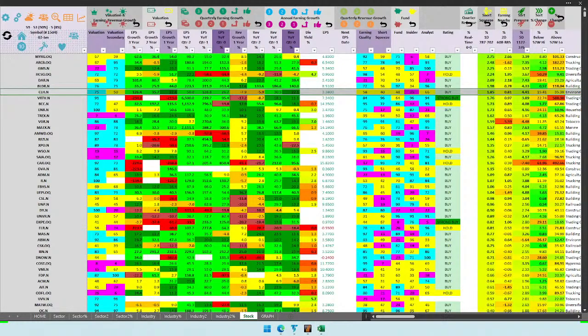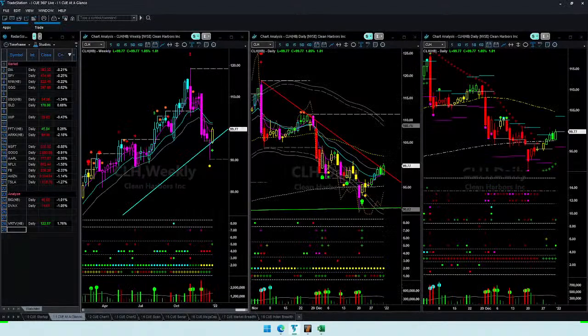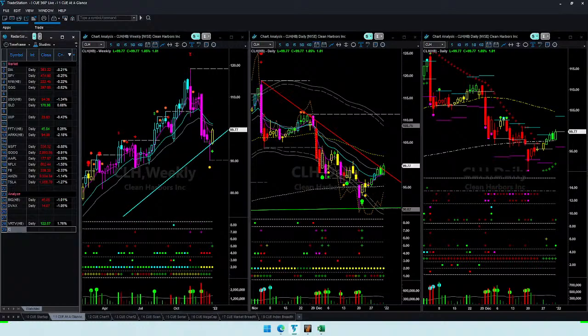This is in fact a 3-star candidate, undervalued with earnings growth. So I searched for at least 1 star, and this is 3-star, undervalued with earnings growth, definitely a buying candidate. Let's see if we have a better CLH buy setup. So CLH is looking better than VRTV.